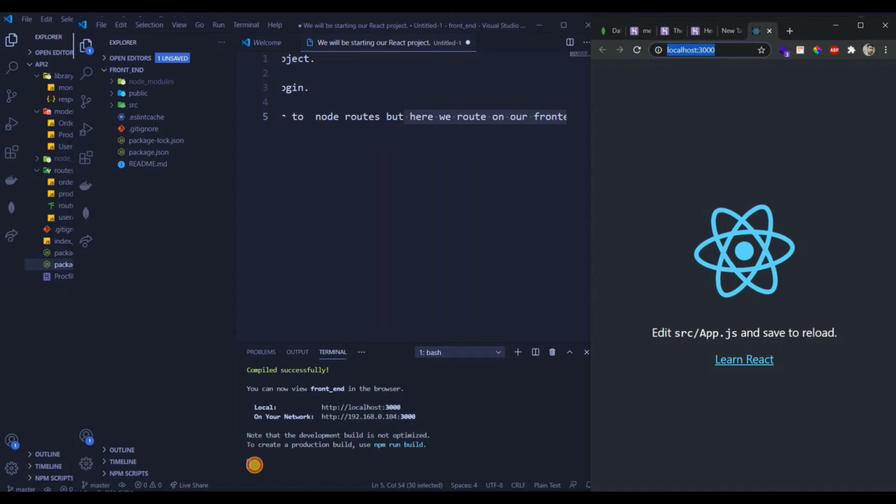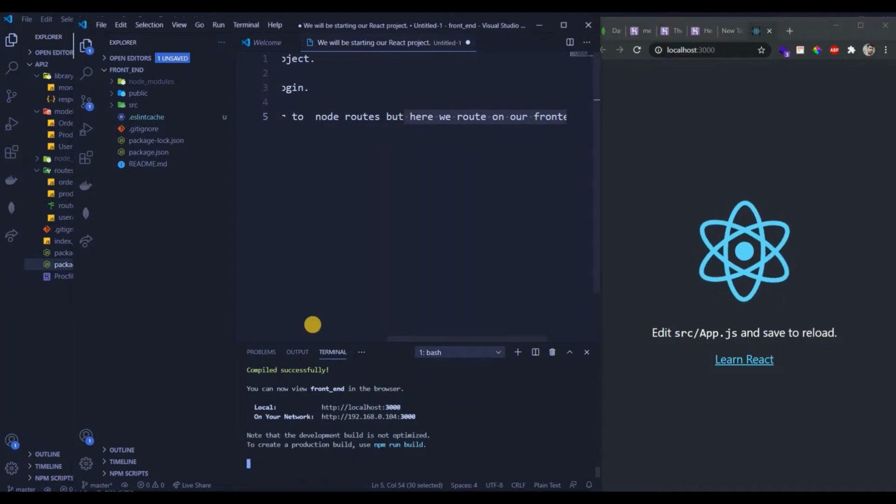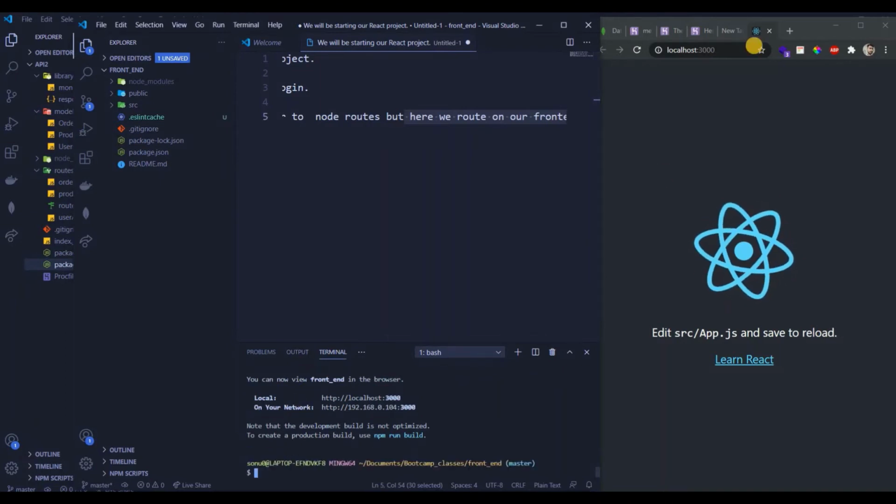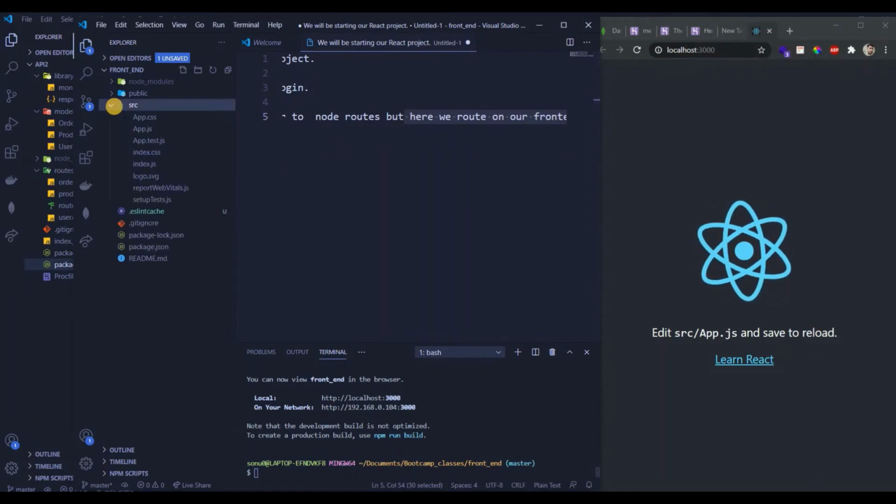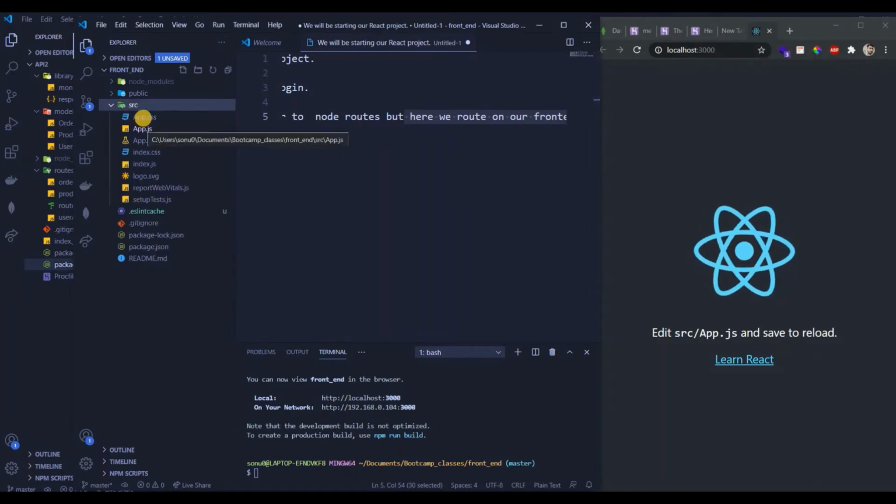So this is pretty much the thing, guys. Once we start our project, you have to just check once that it is running fine or not. And if it is running fine, that means yeah, we are done with this process. So let's just do Control C here. Let's just let it be here, and let's go here and start our cleaning process, guys.